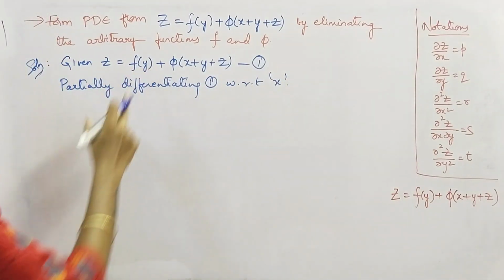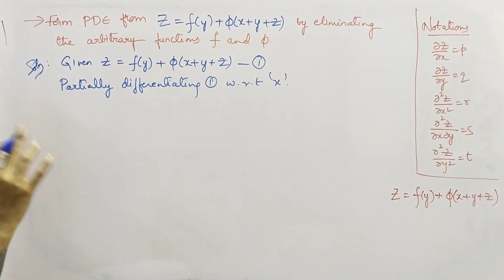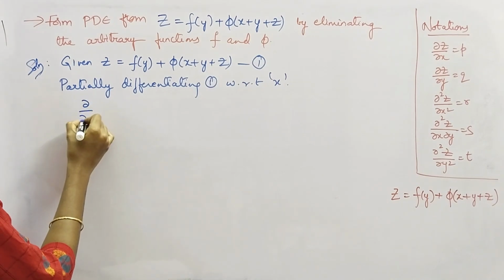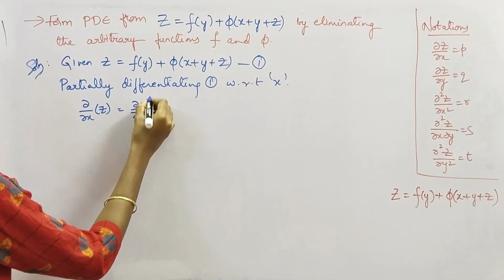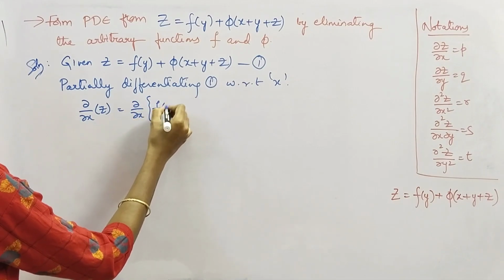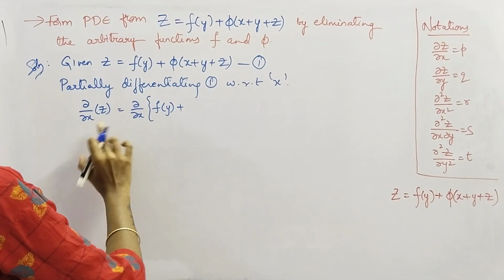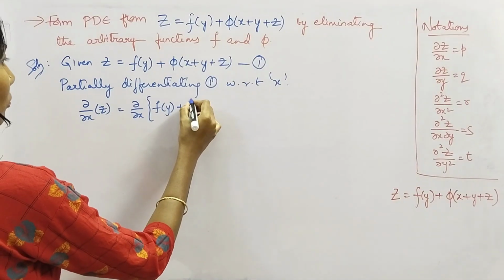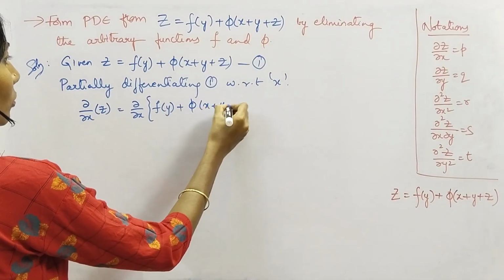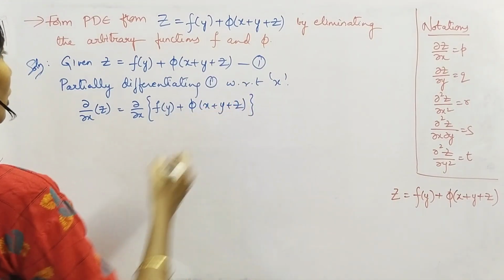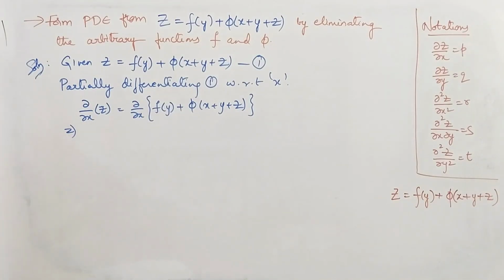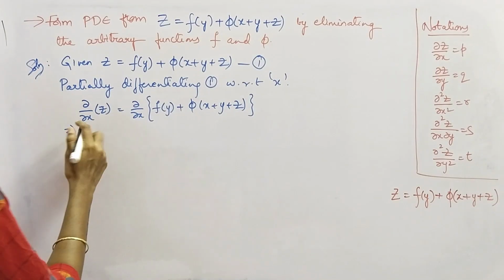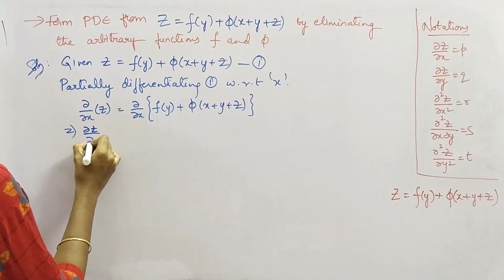Just apply dou by dou x on both sides of the equation or do directly, okay? In order to avoid mistakes, we can just apply dou by dou x on both sides of the equation. If you are really good at partial derivatives, you can just skip the steps which are avoidable. Fine. Now, this gives us dou z by dou x equal to